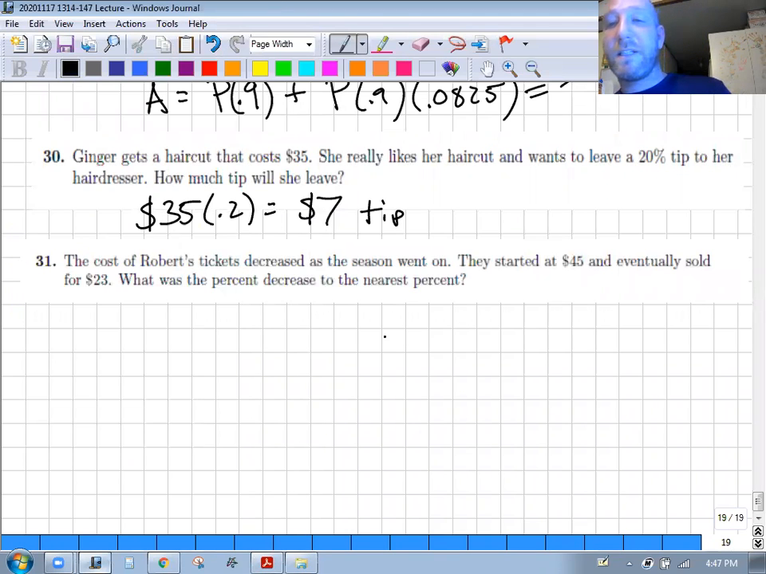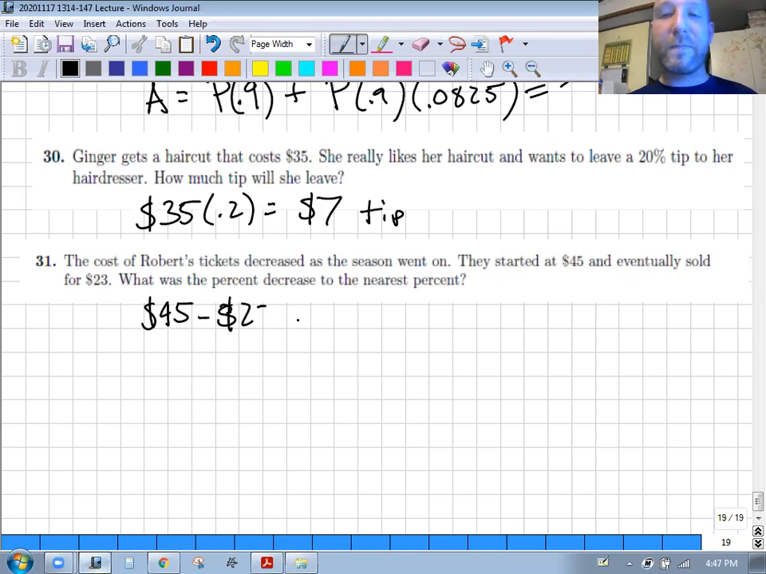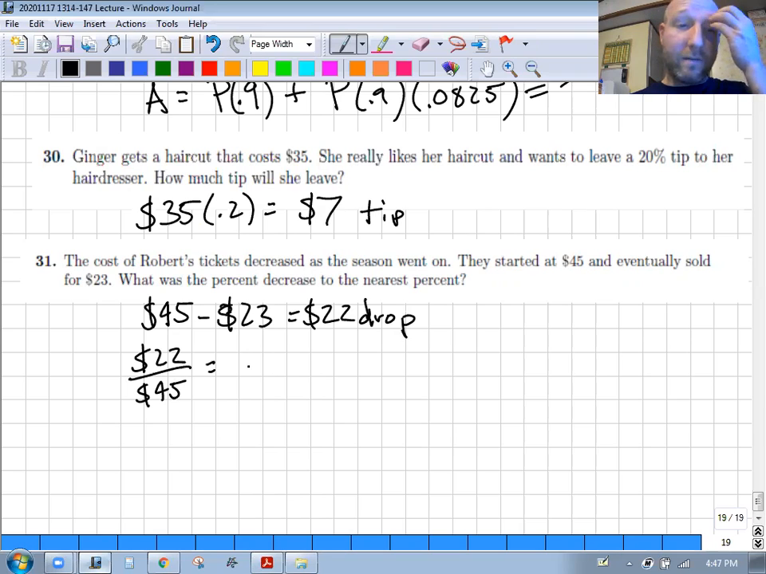All right, the cost of Robert's tickets decreased as the season went on. They started at $45 and eventually sold for $23. What was the percent decrease to the nearest percent? The percent decrease. Well, started at 45, right? And it dropped to 23. So that would be what, $22 drop, right? So if it dropped $22 out of 45, 22 divided by 45, we have a 48.89%